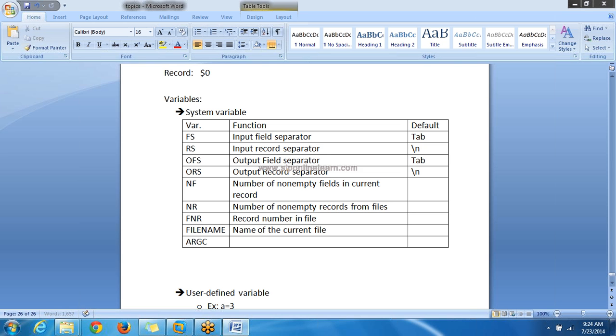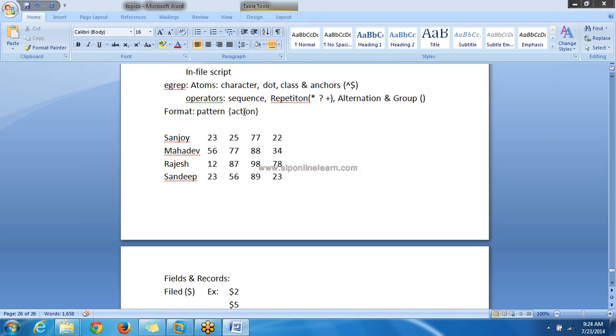Next one, ARGC and ARGV. If you are familiar with C, you will know this. ARGC means your arguments count. Suppose your file has some data, and while referring to this particular record for actions, this entire line is the record and these will be passed as arguments to the action. To refer to one particular field, the first one is $1, second one $2, $3. These are like arguments to the action.